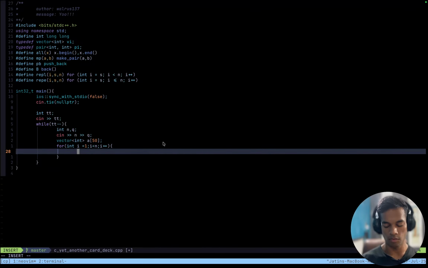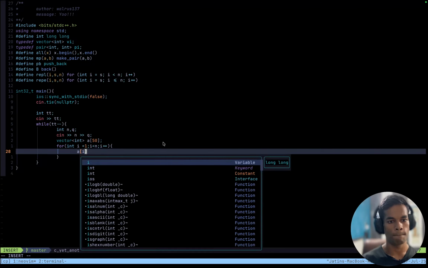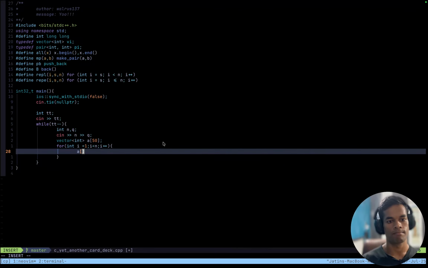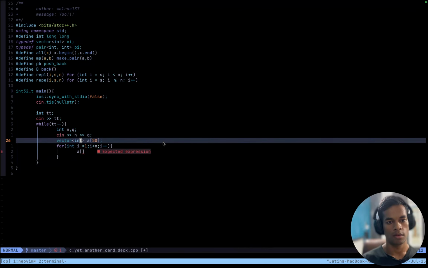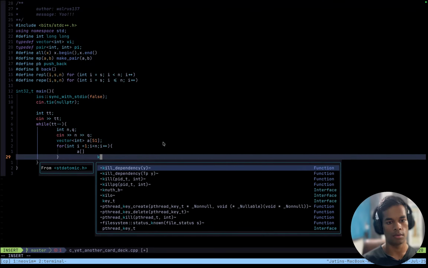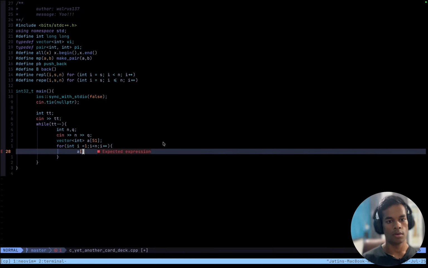Make the index 1. Let's make this 51, and the index is that colors are from that. Okay, this should be cool.